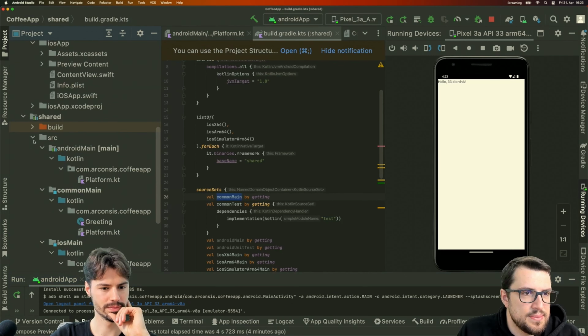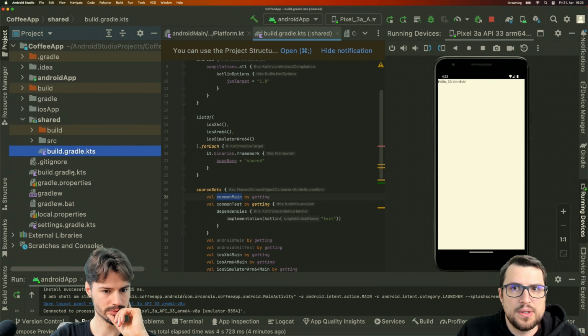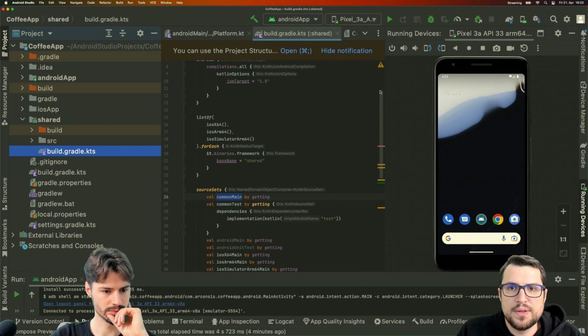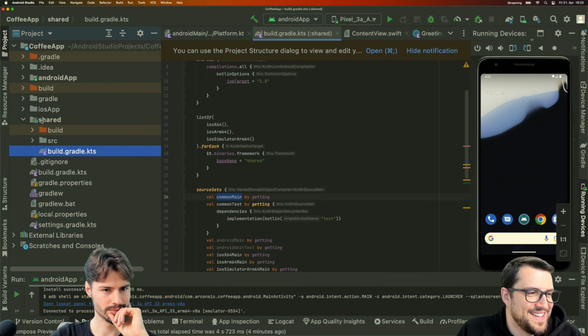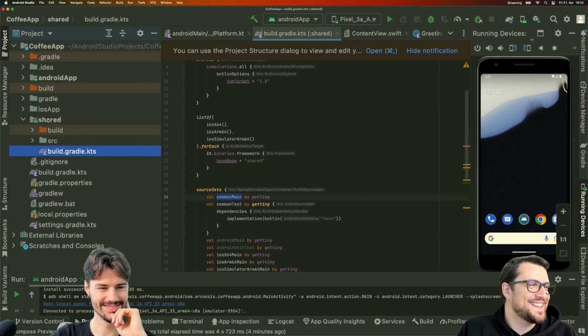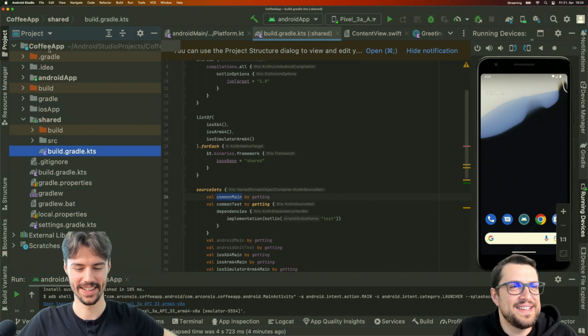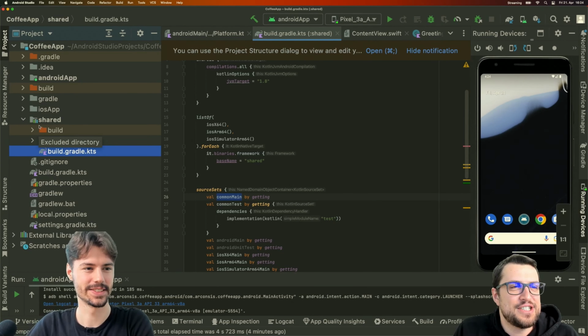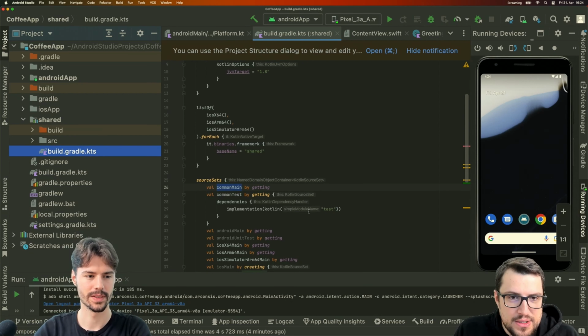Maybe close this a bit more to know better where we are. And stop the simulator. Don't need it for now. So in the shared, don't click that much. It's confusing me. Sorry. Okay, no problem. In the shared part, in the Gradle file there, I already showed that there's already